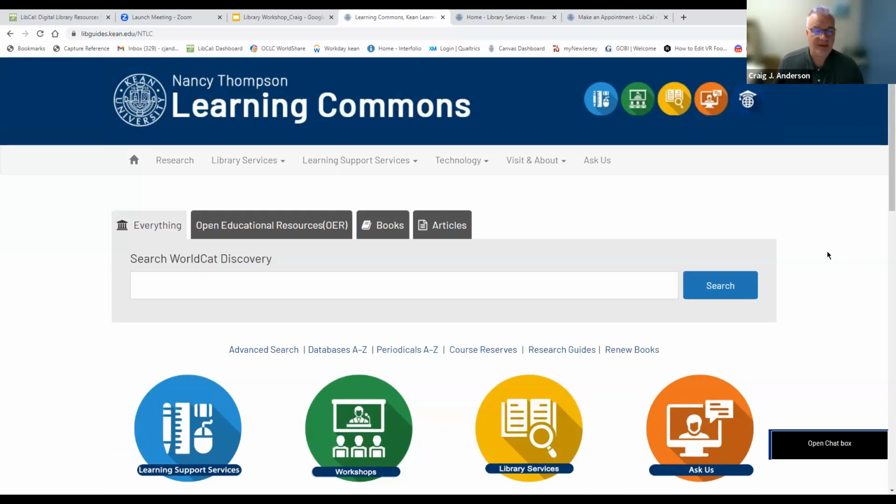So the most prominent thing that you'll probably notice on the Learning Commons homepage is this WorldCat Discovery. This is mostly our book catalog. They do have access to some articles and open educational resources, but this is mostly for our book catalog. The name WorldCat kind of sort of shortens to World Catalog. Librarians love to abbreviate the word catalog to just cat because most of us are crazy cat ladies. I have two. So this will allow you to look for books, including ebooks, within our collection here.